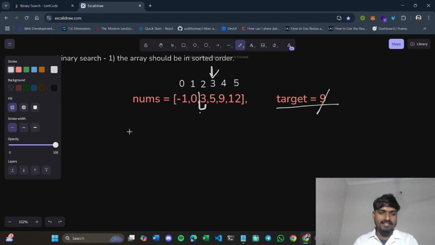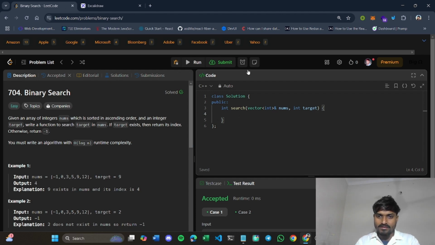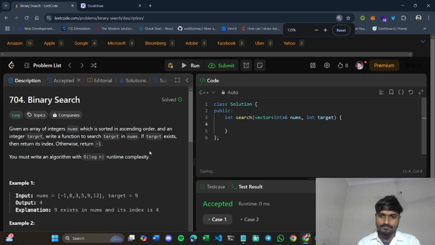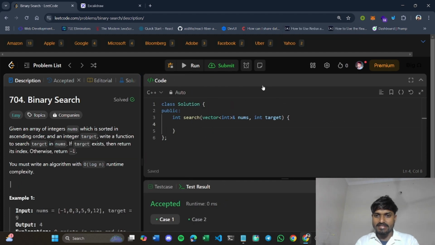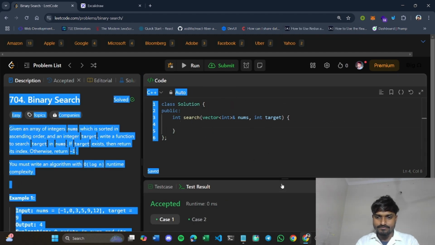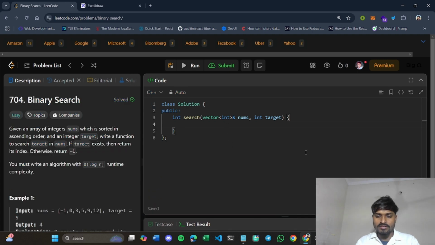So let's code it out here and see how we will use it, right? First of all, we had seen the linear search. Now we are going to use binary search. So let me write the code here. So let's write the code of the binary search. First of all, what you have to do is find the length of this nums array, right? Now let's create a function called binary search.